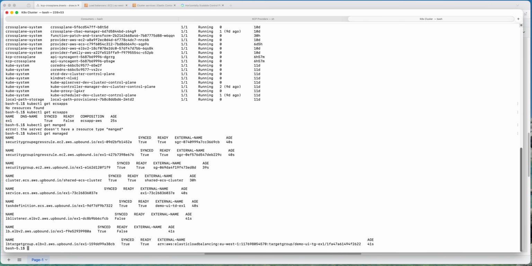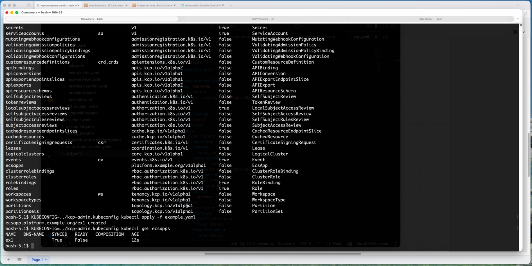So each consumer or any consumer can use their own container, right? As you see here, until now there is no DNS name yet, but after everything is created,